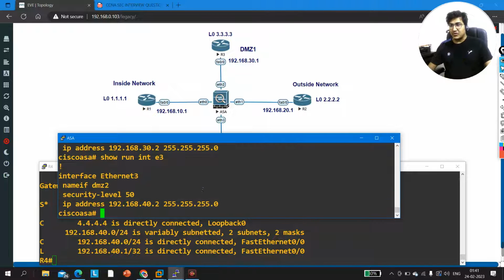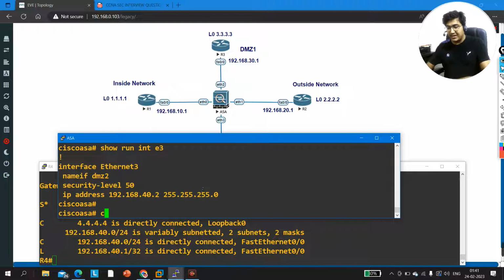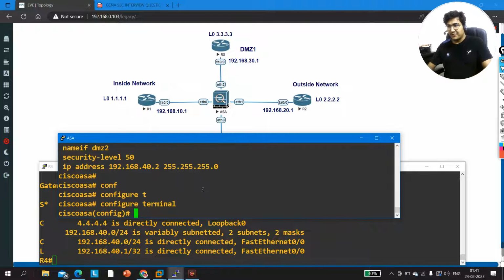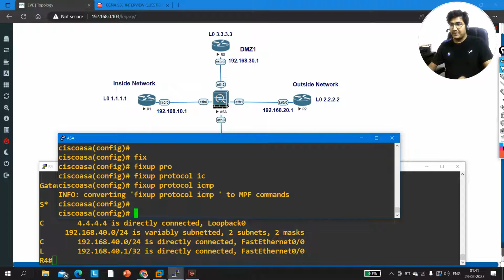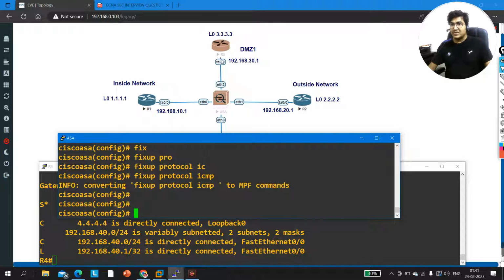And by default, as you know, ICMP traffic is not allowed, so here we need to run one command: fixup protocol ICMP, right? Now it will allow ICMP traffic, right? And as you know, by default a security level cannot communicate with another interface of the same security level,